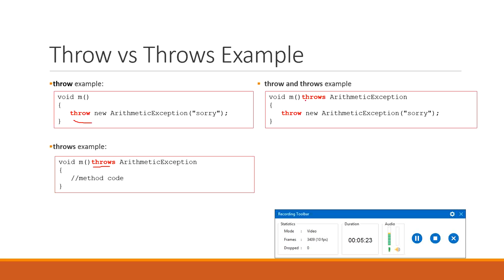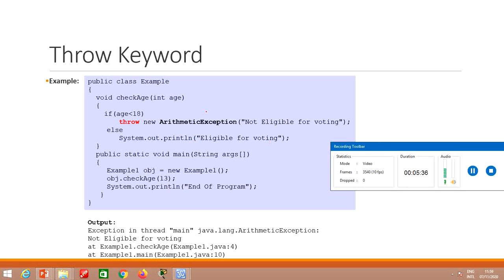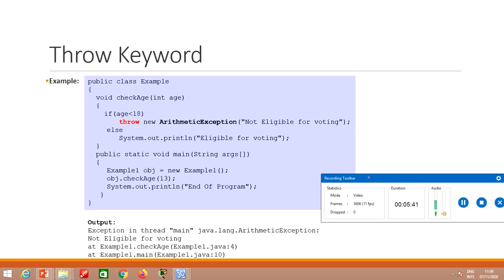So if we use throws in the method signature, we can use the throw in the method body to catch that exception. For example, I have a program over here. We are taking an input from the user to check whether the person is eligible for voting or not. In the method, we have used throw new arithmetic exception,